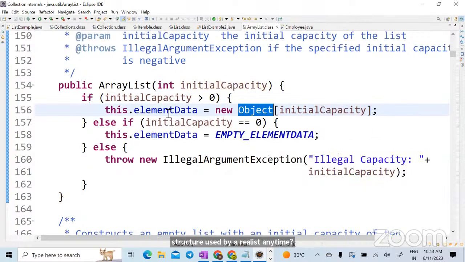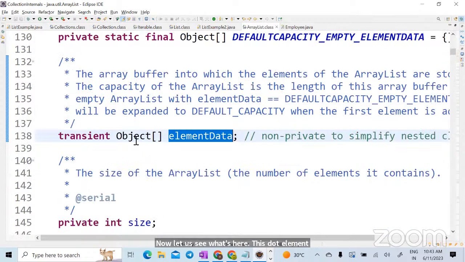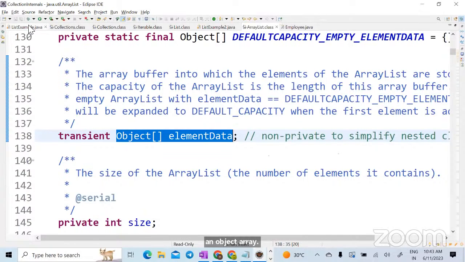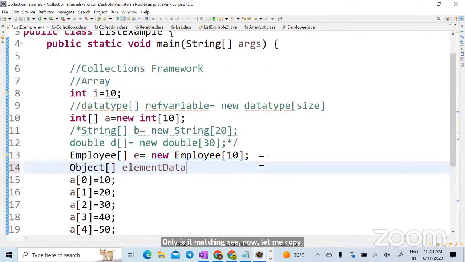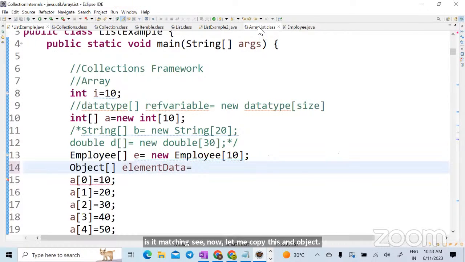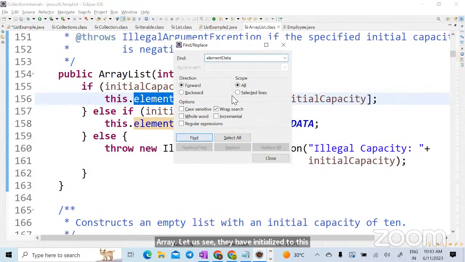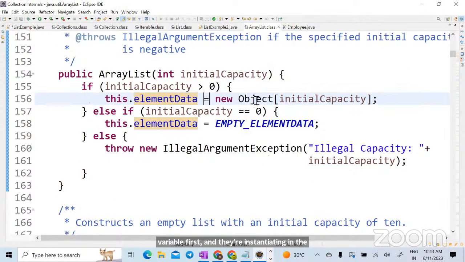Correct? Now let us see. This dot elementData. Let us see what elementData is. Look here. It's an object array only. Is it matching? See, now let me copy this. Object array equal to, let us see, they have initialized this variable first and they are instantiating it in the constructor. Now, if I copy this one,